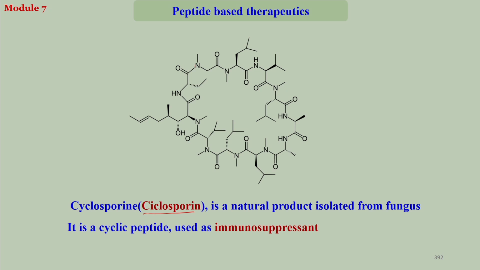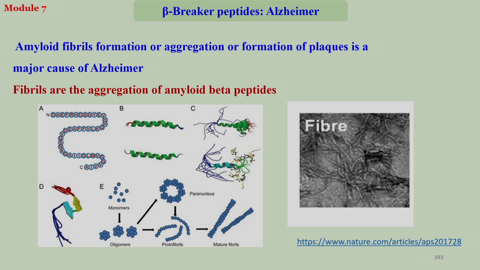This is basically a cyclic peptide with a modification. This is not only a synthesized peptide, this is also a natural product. It is obtained from a natural source, from a certain fungus, and it is used as an immunosuppressant drug. And very importantly, nowadays a very hot topic